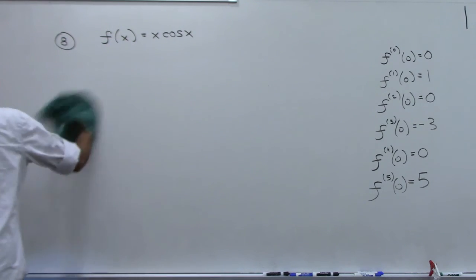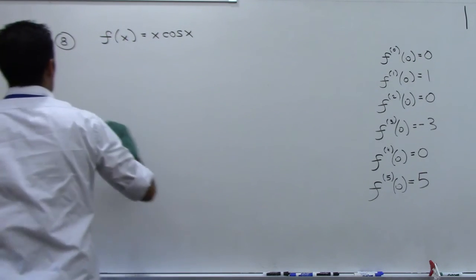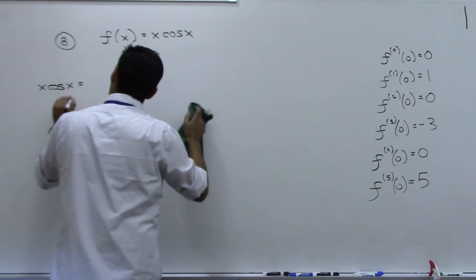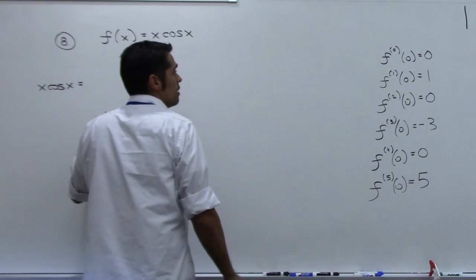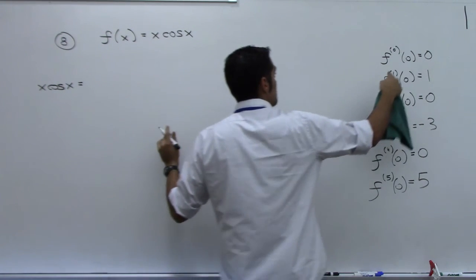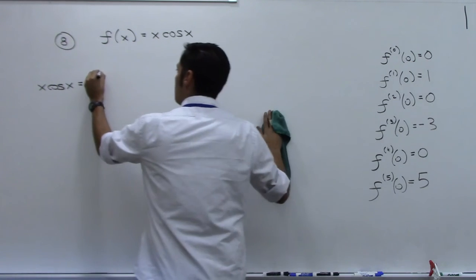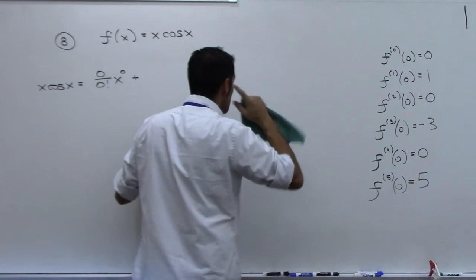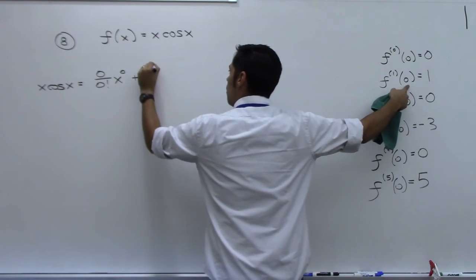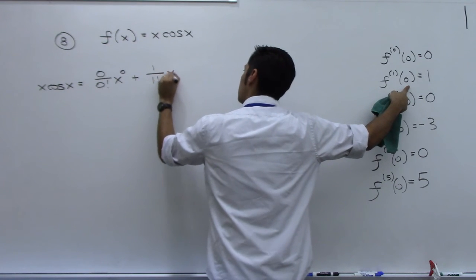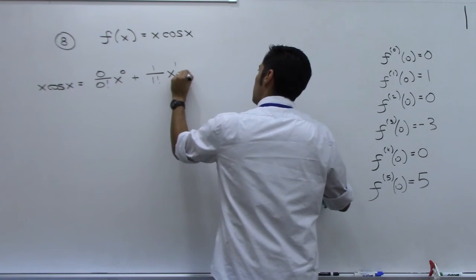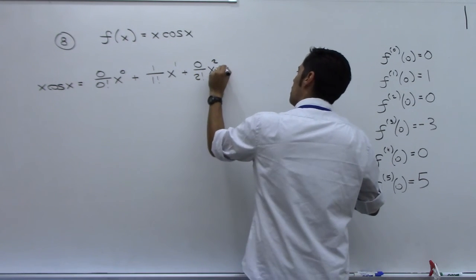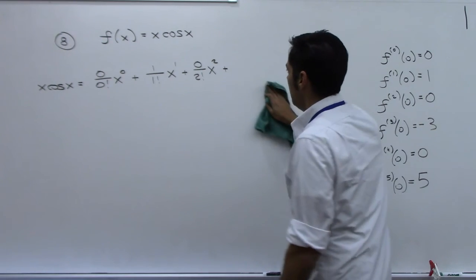So I know that I'm going to have this f of x, x cosine x, should be equal to, remember I'm getting my c sub n right now, so it's the 0th derivative at 0, which is 0, over 0 factorial x to the 0, plus now the first derivative at 0, which is 1, over 1 factorial x to the first, plus now 0 over 2 factorial x squared, then plus, let's see, actually we know what's going to happen with the third,